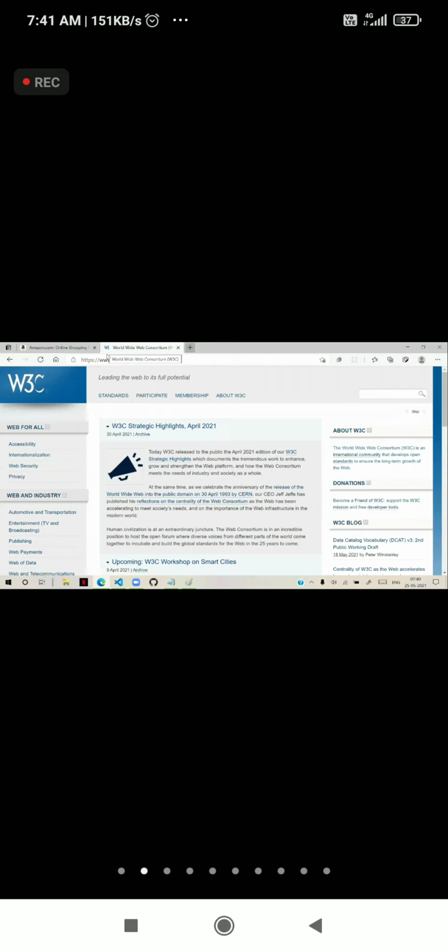So where do you get that? For every language, you have to get it from w3.org. This is the official website. You can go to this official website, and here you have a search box. You search for the languages, that means the language attribute. Or you can use MDN.